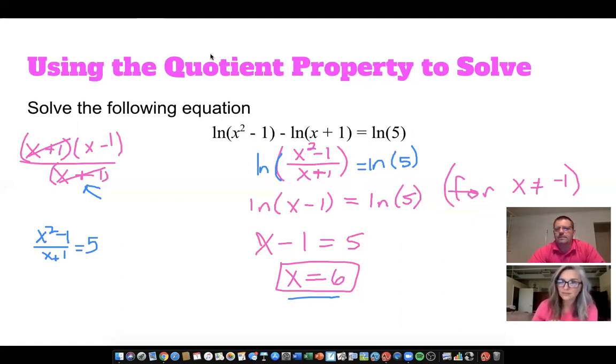Just this factoring will keep you from getting extraneous solutions. And that may not always work, but if it does, it makes the process simpler. I'd much rather solve the equation x minus 1 equals 5 than that silliness that Miss Young has over there. So,